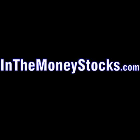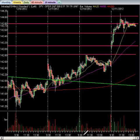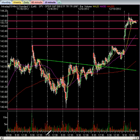The date is December 11th, Tuesday, 2012. All right, guys, let's get into this action-packed day. We had the markets having a small gap up. Notice the gap up took out the previous couple days' high, and I want to show you this because this is important. This is what we call a gap-and-go river theory, and river theory is a proprietary technique learned here at InTheMoneyStocks.com. And what you can see here is the market was kind of cratering from this pivot high down